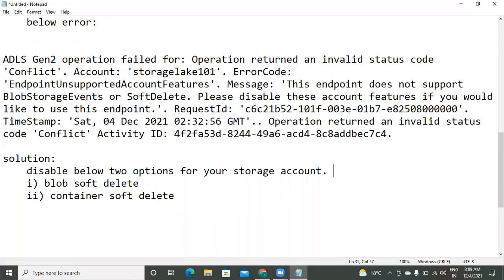But additional charges will be there for that. Understand? If any large object goes missing, you can request Microsoft to recover that file, but additional charges will be applied.